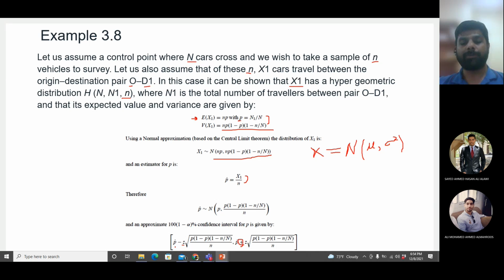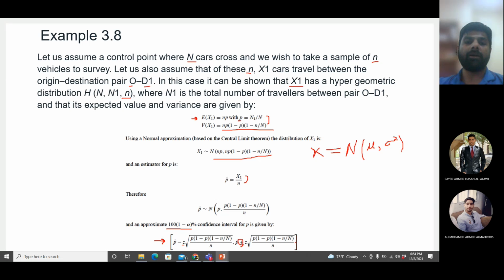So the lower limit is with minus sign, the upper limit with plus sign. So mean or expected value plus this whole thing, and the whole square root that you see here is the standard deviation. And what is Z? The standard normal value, like I showed you from the Z table, at your confidence level. So this square bracket gives you the range of P cap for your sample data.